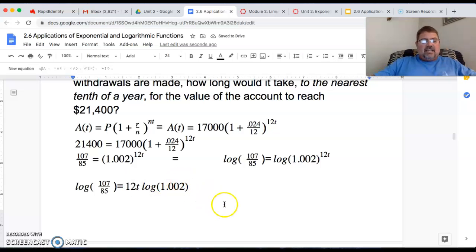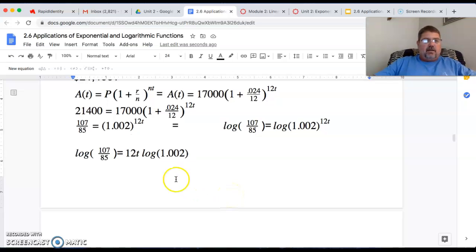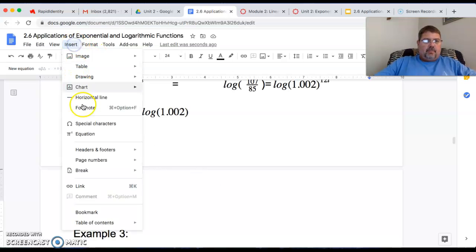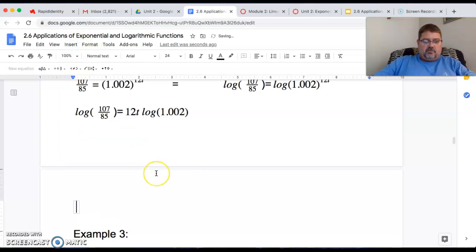So in other words, to isolate t now, it's going to be a matter of dividing by 12 log 1.002, and that would solve this equation for us. So the final answer here, the exact answer, would be t equals this log